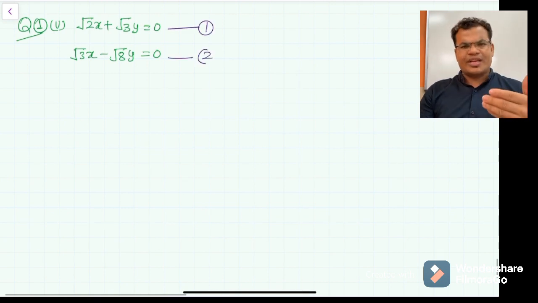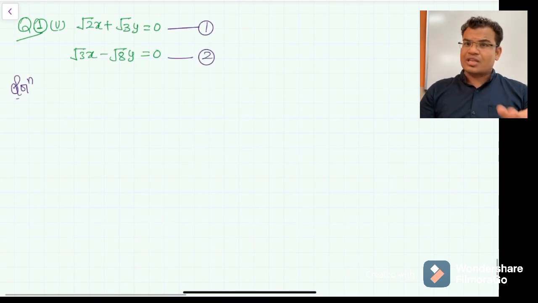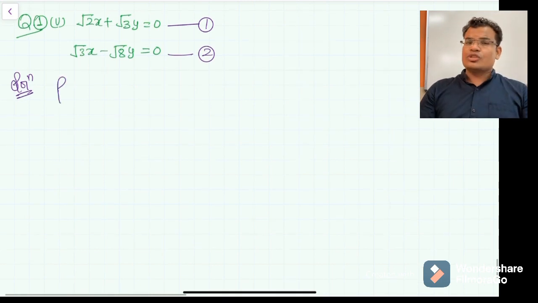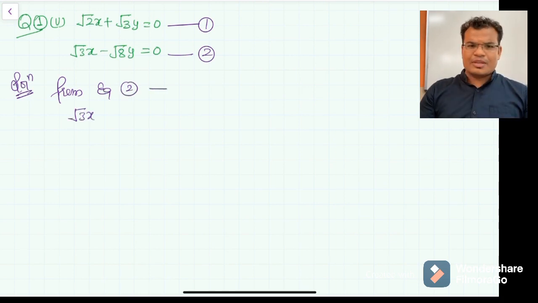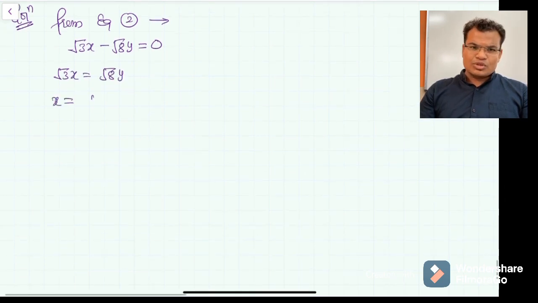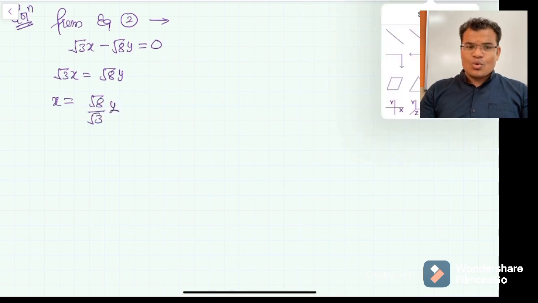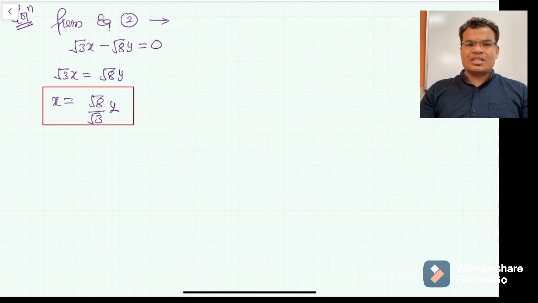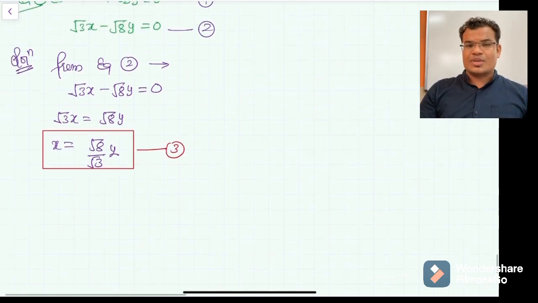Although this equation is very horrible because the under root sign is there, but it's fine. This is very simple, guys. You just follow the path what I taught you, how to use the elimination method, substitution method, or any kind of the method. Just follow that path. So in elimination substitution method, we have to see the minus sign is there something. So under root 3x minus 8y is equal to 0. So root 8y will go in the right hand side. X equals to root 8 by 3y, and this will be equation 3 because x ki value we can put here in any equation, right?